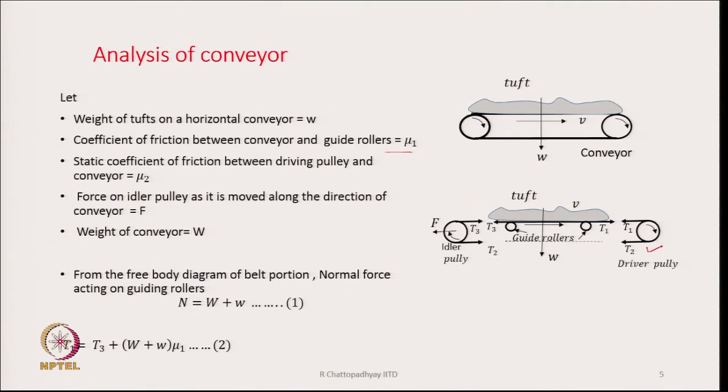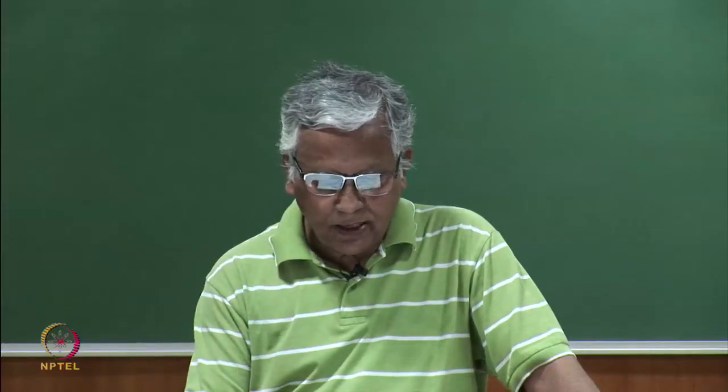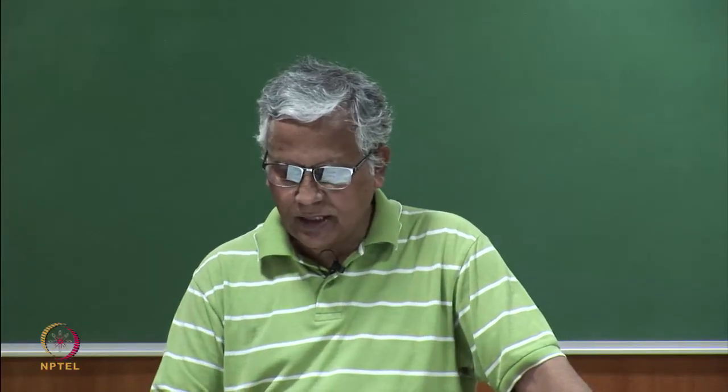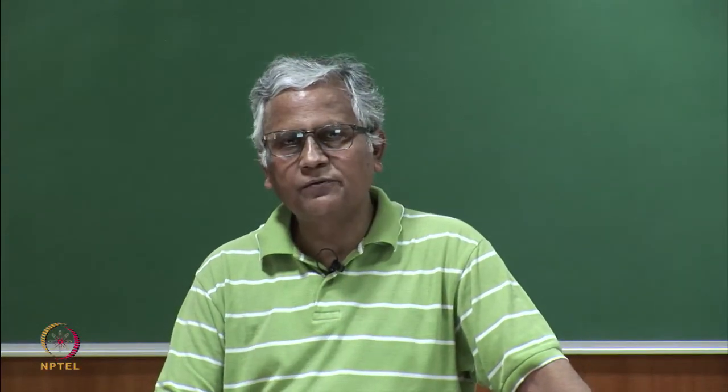So, this pulley is the driver pulley and the other pulley, which is the driven pulley, we can call the idler pulley. And what we do, we push the idler pulley on the left hand side in order to tighten the conveyor belt. If the conveyor belt is loose and the driver pulley runs, the belt is going to slip. Therefore, we have to apply some amount of force as shown in the diagram, F.